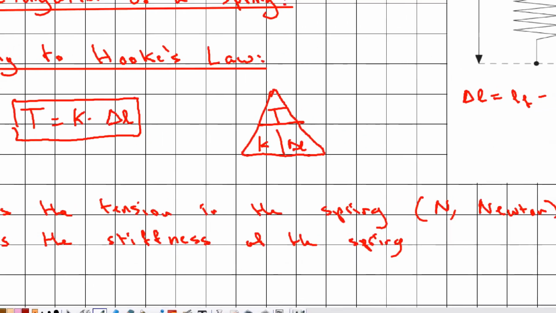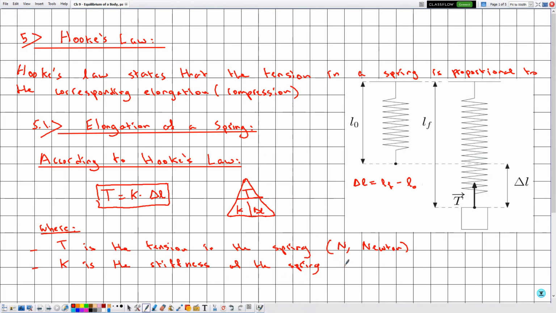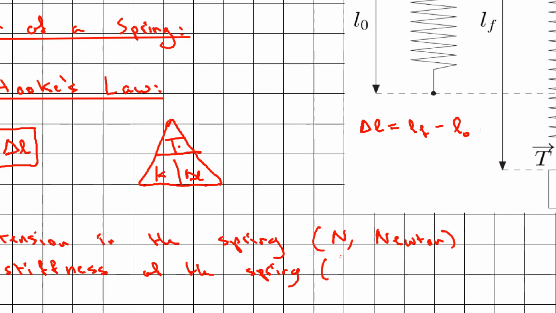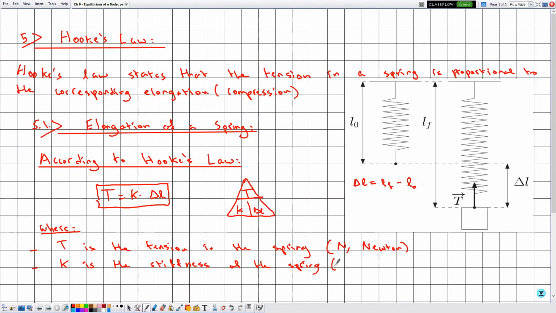So K is said to be the stiffness of the spring and its SI unit is given by, if we refer to this triangle, if this is in newtons and this is meters, then covering our hand here, the unit of K is given by Newton per meter, which stands for newtons per meter. And delta L,